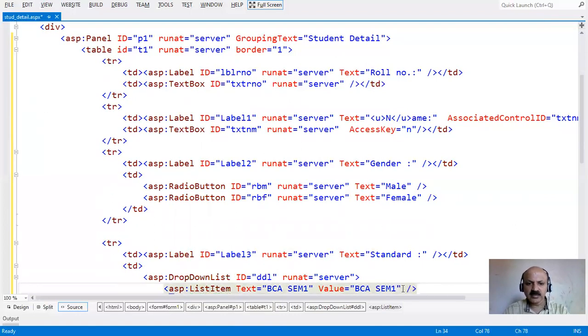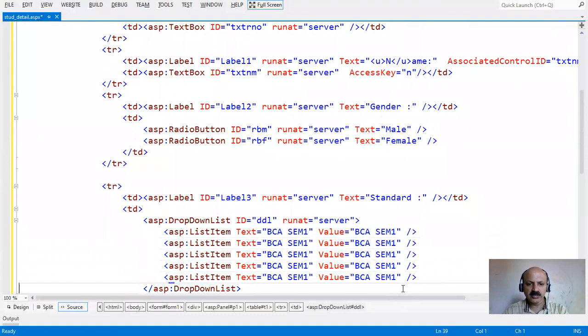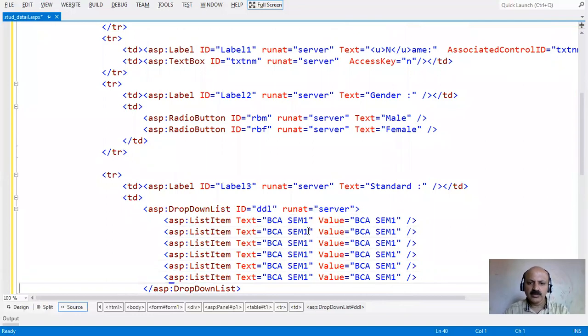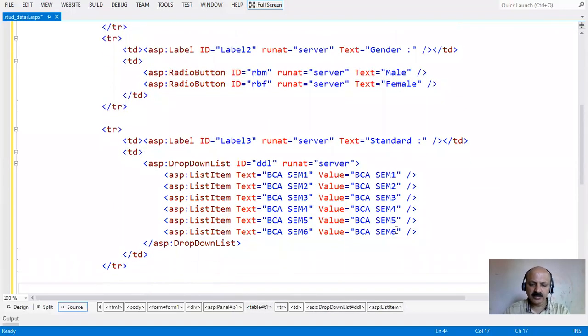You can give text and value different values, but here I provide the same value. You know very well BCA is a 6 semester course, so we have semesters 2, 3, 4, 5, and 6. Also change the values the same way, 2, 3, 4, 5 and 6. So our fourth row is completed.